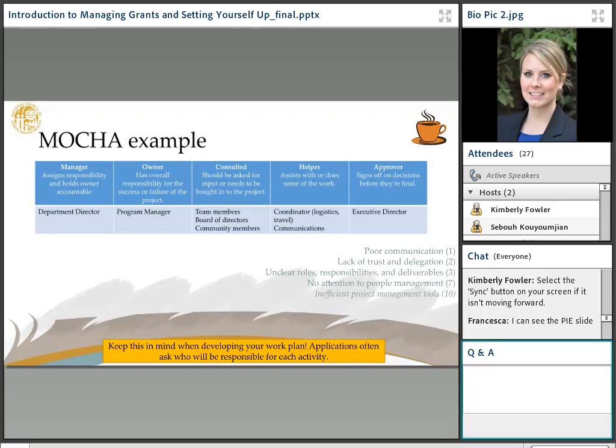Unclear roles, responsibilities, and deliverables. Again, supporting that, who has roles and responsibilities for each component. Attention to people management. This is exactly that, managing folks. And then efficient project management tools, which I would say that MOCHA can be a tool for project management.